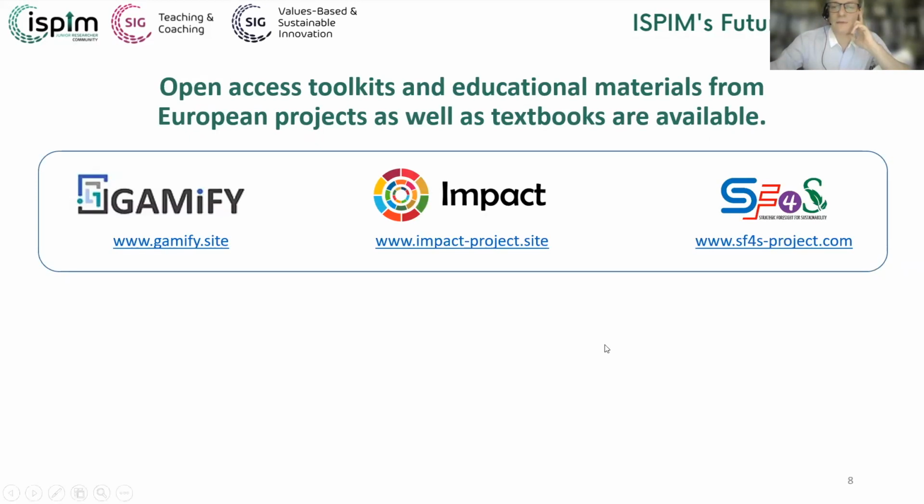There is also the IMPACT project that was mentioned initially already, where we're asking how to establish values-based innovation cultures that are capable of creating sustainable business impact. And the SF4S project that Samrina already mentioned, where we're talking about strategic foresight for sustainability, so a reconfiguration of the strategic foresight tools that we know in order to support sustainability strategizing and implementation as well.